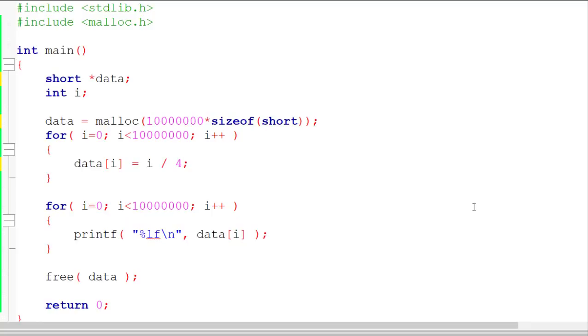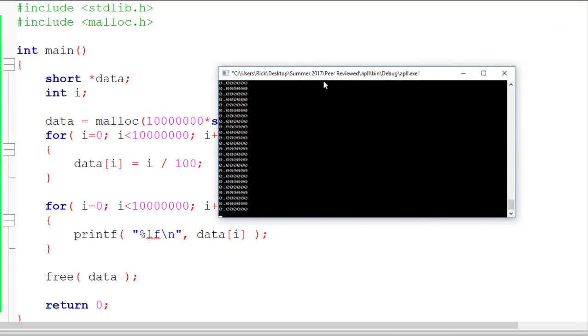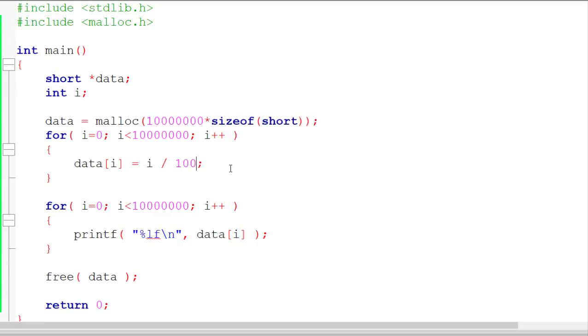Otherwise, you see, even if that's, let's say I divided by 100, because otherwise a short is a value from 0 to 65,535, and otherwise that'll be too great of a value. So we want to make sure that we're not exceeding the value of a short. Okay. Anyway,